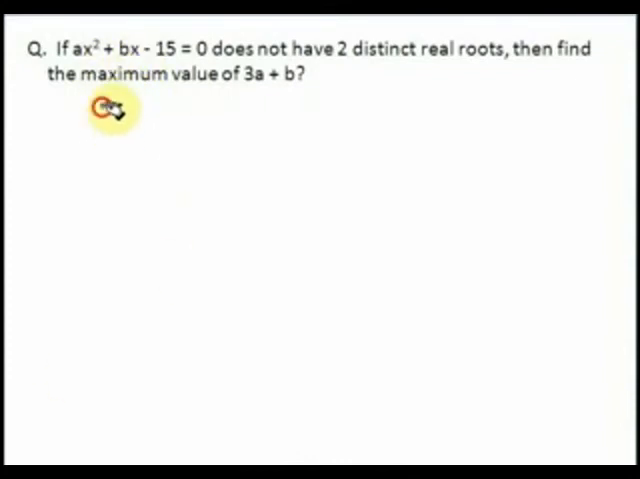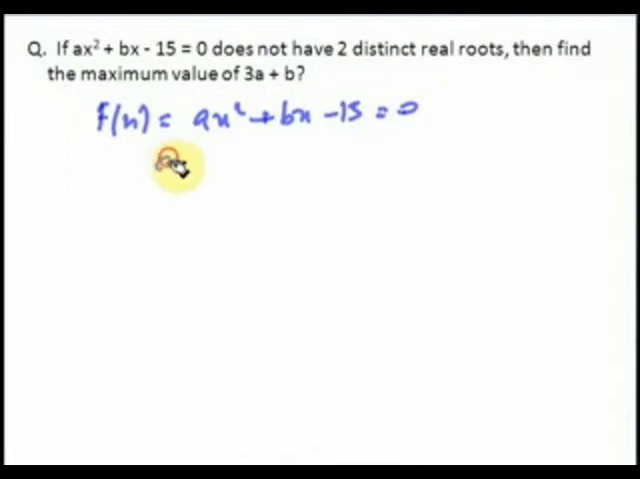Given the function f of x, a quadratic expression ax square plus bx minus 15 is equal to 0, does not have two distinct real roots, then find the maximum value of 3a plus b. Given that this quadratic equation does not have two distinct real roots,